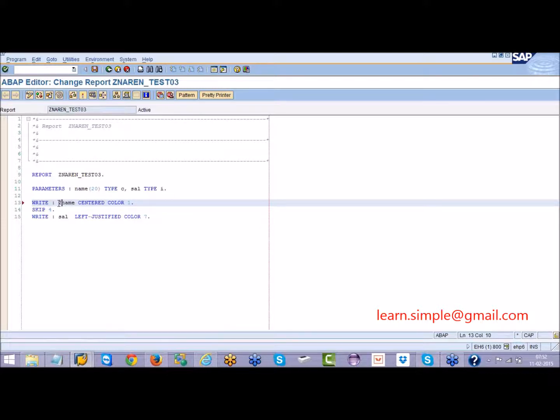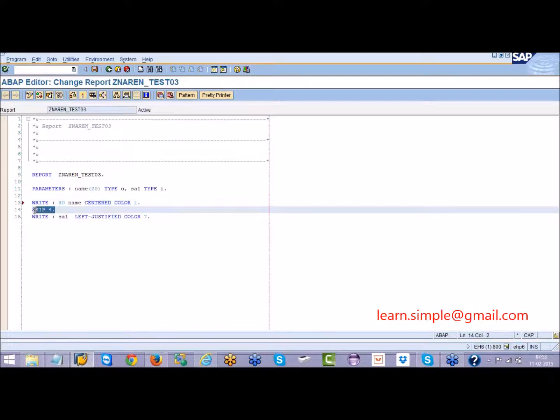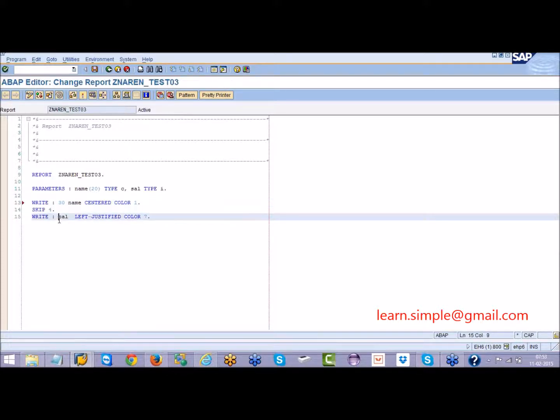For example, if I give 30 over here, then the system will leave 30 spaces and then print the variable. So 30 spaces, then it will print the name. It will skip 4 lines. After that, maybe I'll give 40 spaces blank and then I will print the salary.